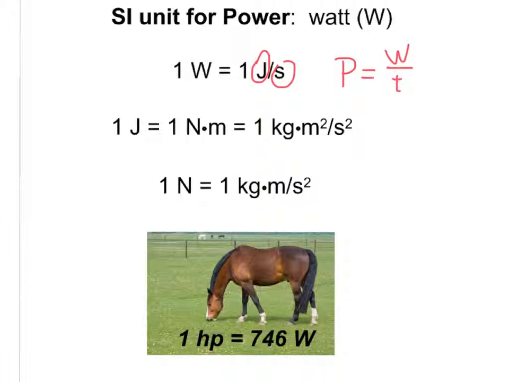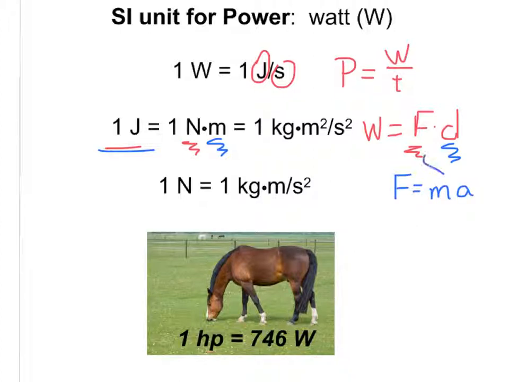Just to review, remember what a joule is. You remember your formula, work equals force through a distance. Well, our force is in newtons. The displacement is in meters. So a newton meter is also a joule because work is in joules. If you break that down further, force equals mass times acceleration. Mass is in kilograms and our acceleration is in meters